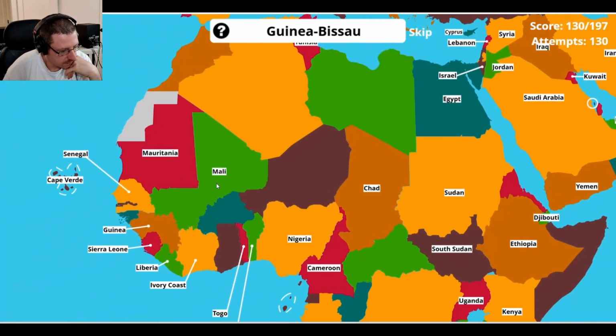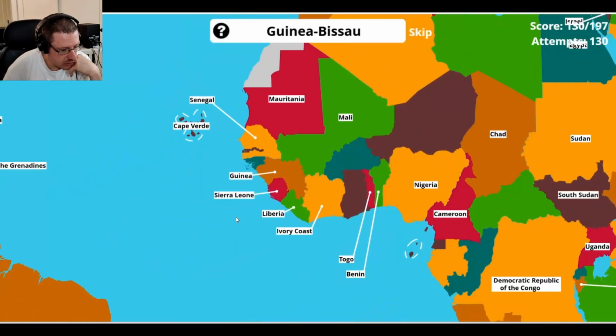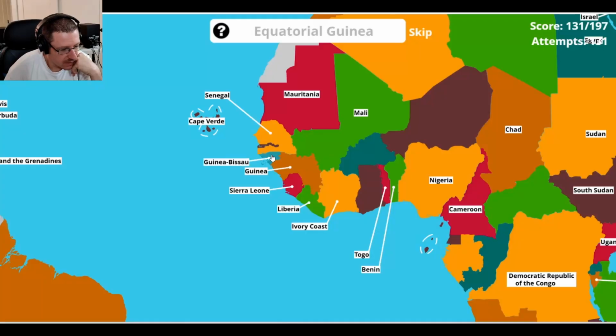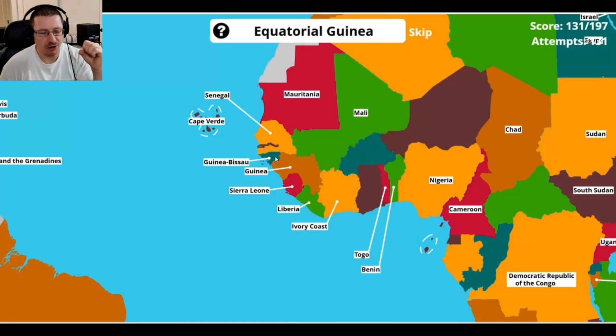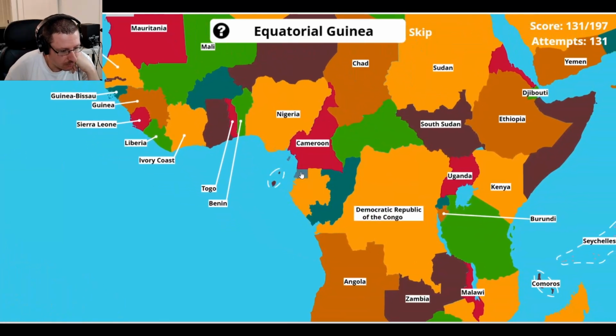Guinea-Bissau. This is, remember, another one of the 4 countries in the world with Guinea in it. Guinea-Bissau is right here. And that's home to the saltwater hippos. It's like one of the only places in the world where the hippos go into salt water. Equatorial Guinea, another Guinea. So there's our 4th Guinea. We did Guinea-Bissau, Guinea, Papua New Guinea, and Equatorial Guinea is right here.